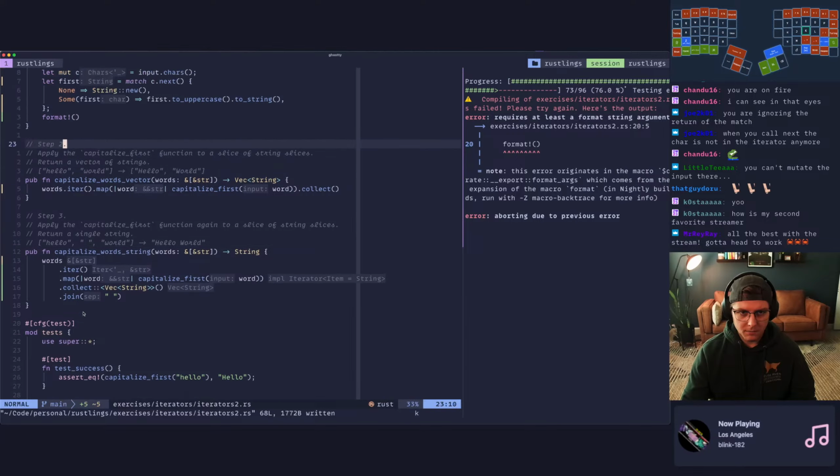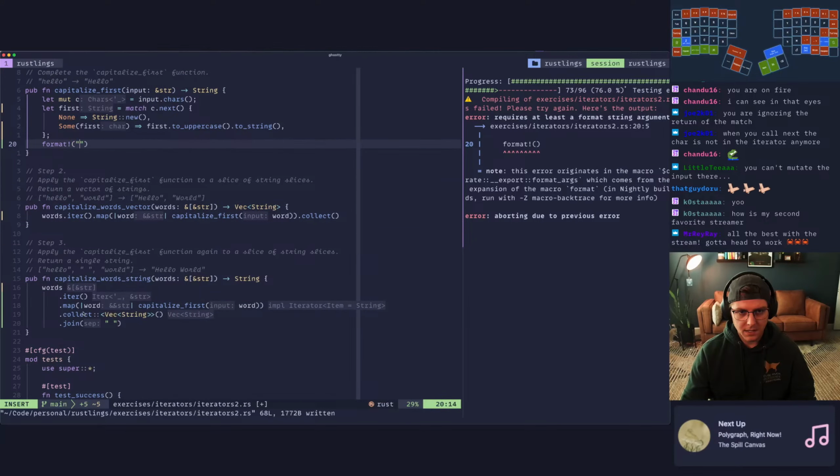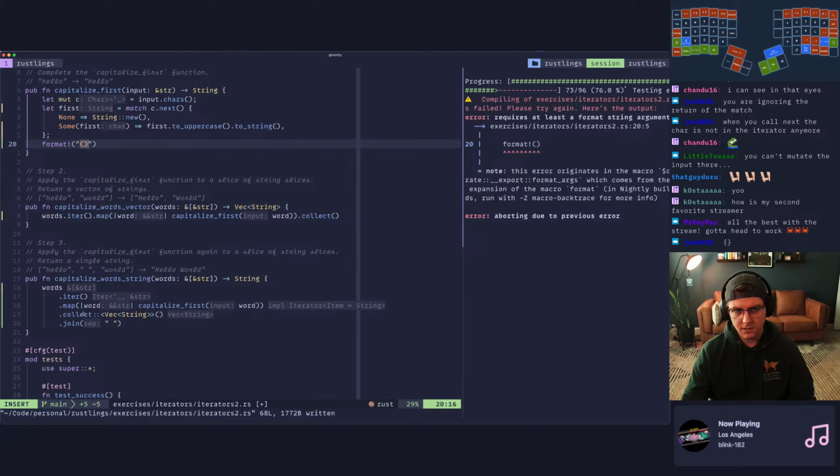All right, format, right. We need to come in here and figure out the right way to do this. I was returning the iterator.